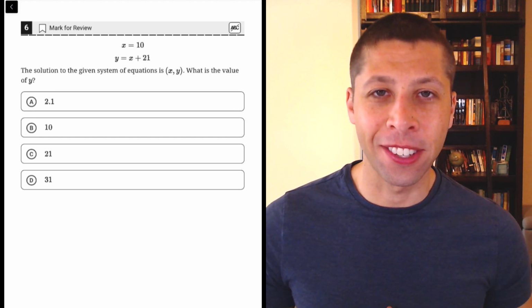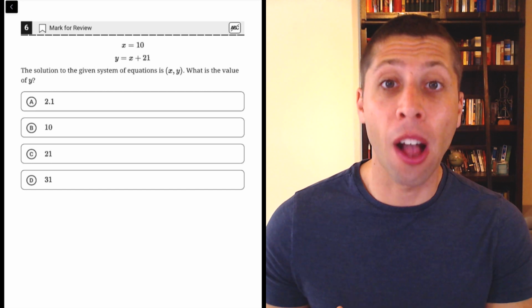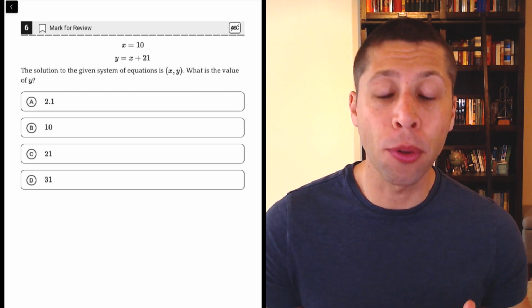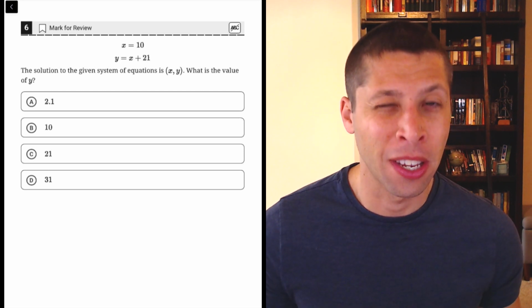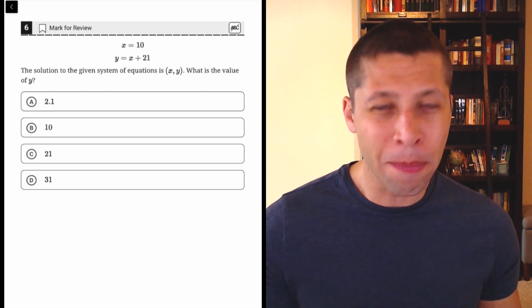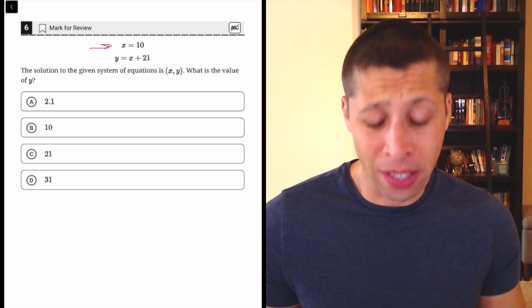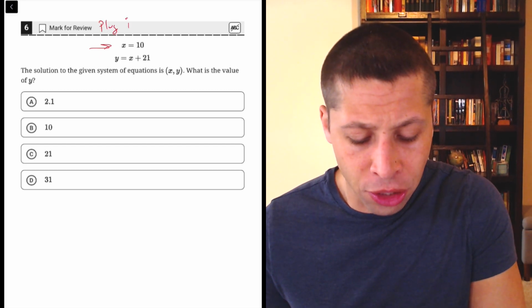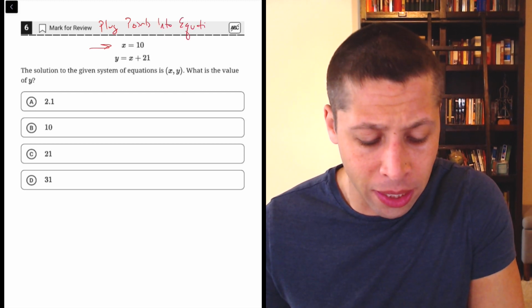Now, technically, this is a system of equations, and generally I recommend using the Desmos calculator to solve systems of equations by just plugging both of the equations into the calculator and then clicking where the point of intersection is. But if you look at these equations, one of them barely is an equation at all. This first one here is really just a point. So we're going to use our main strategy, plug points into equations